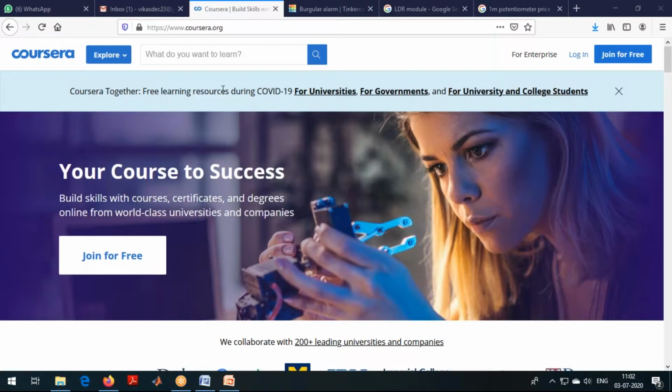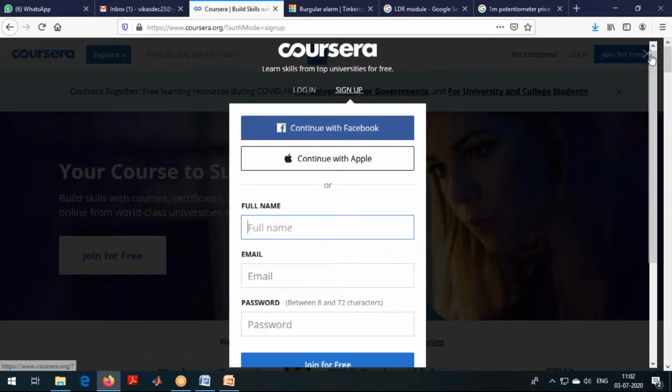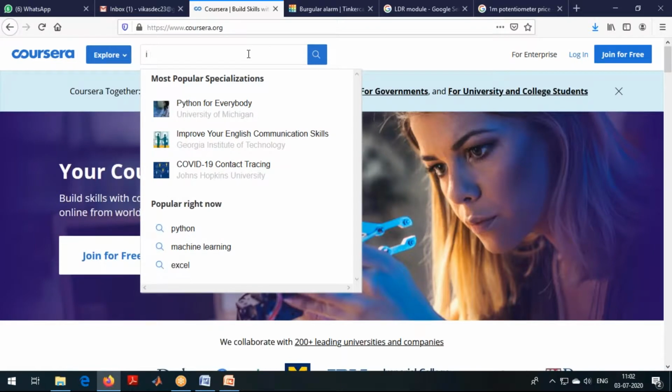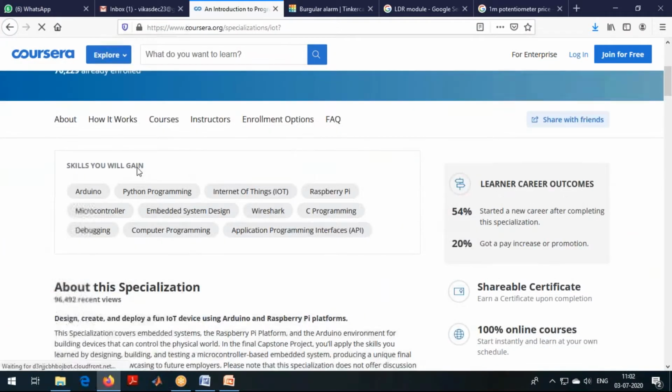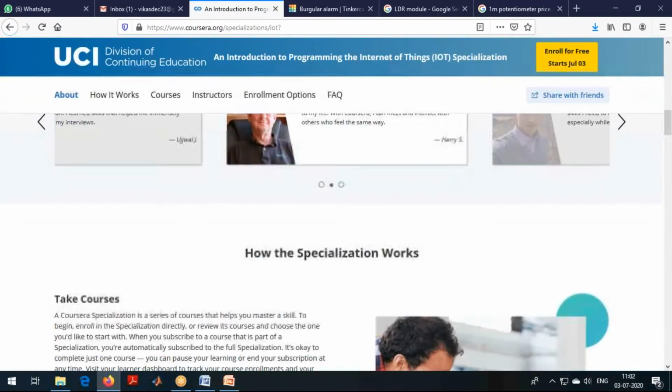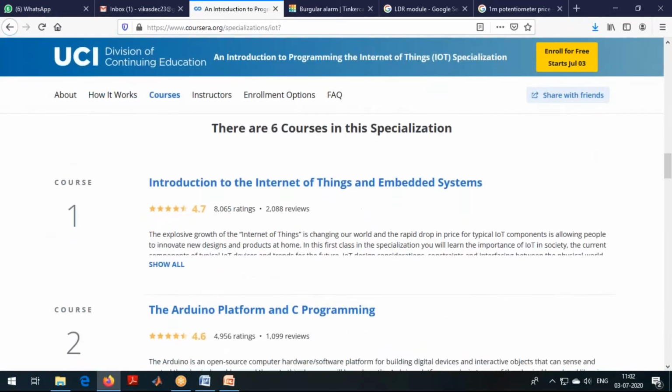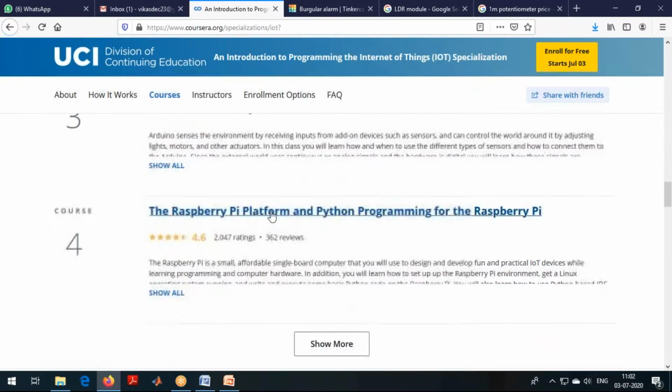It says free learning resources during COVID for universities, government, and college students, etc. Even your school can request free access to these things. In such a case, you can join for free. There are courses like IoT. This talks about programming for Arduino, and also Raspberry Pi.